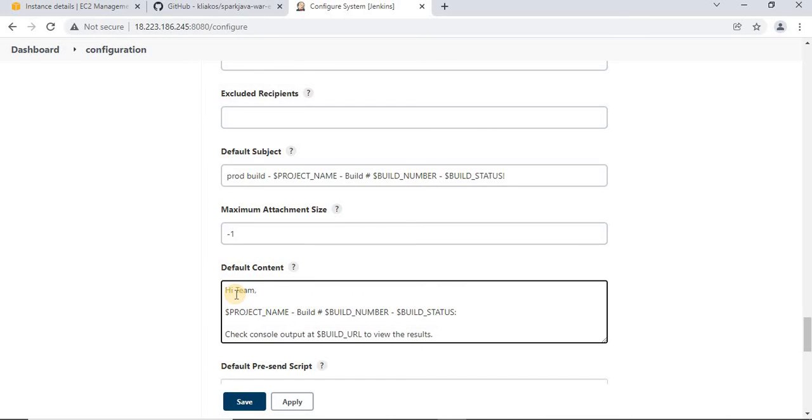Okay, so here I am just adding something like: Hi team, this alert is to notify the build status of version 2.0 build.